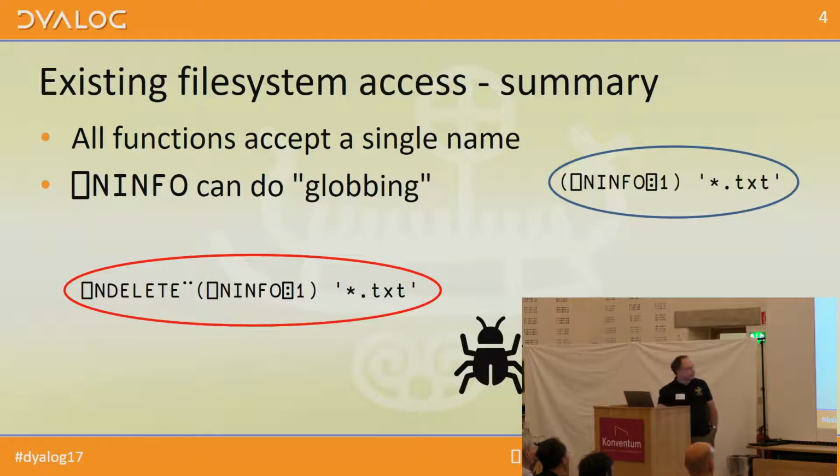However, there's a really nasty gotcha with that. If there are no matching files, the end result will be a zero list of names. The final result will be an empty array, and in order to get the prototype for that empty array, ndelete gets called. And if you're lucky, you'll get an error. And if you're very unlucky, something will get deleted.